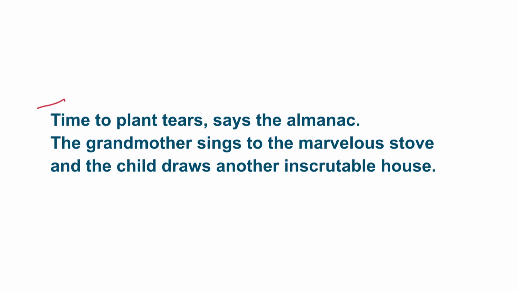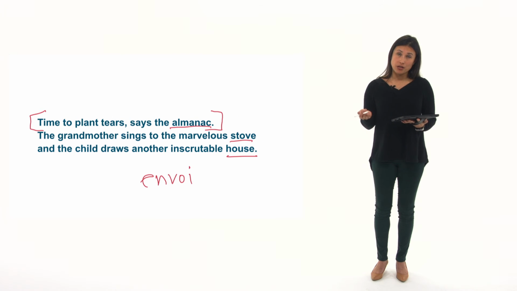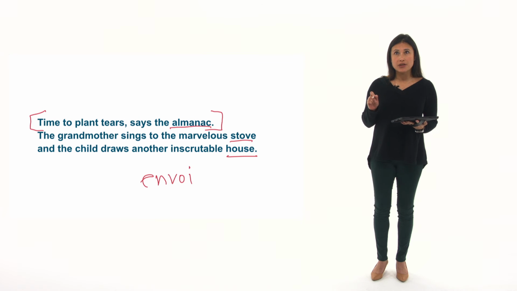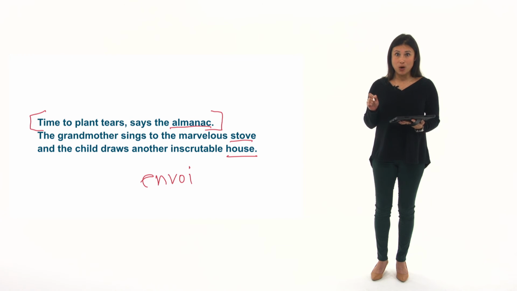So again, we have an example of personification, and the final last words that are indicated at the end is the envoy, which is known as the send-off or the goodbye, which is why the last stanza is a tercet, repeating only the certain letters A, C, E, representing those words that were repeated in the poem.